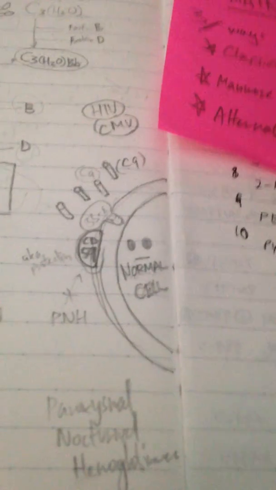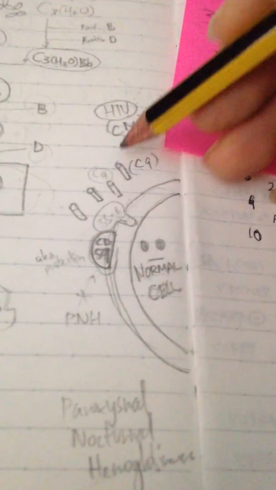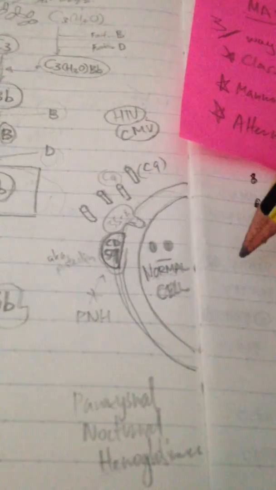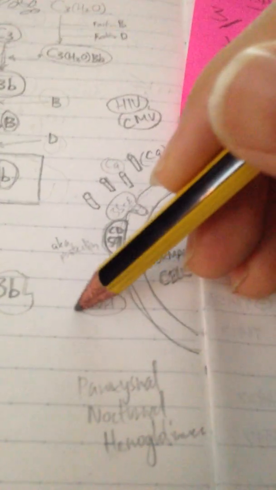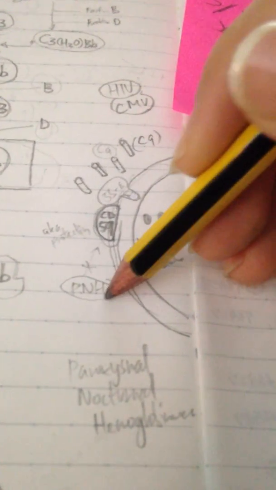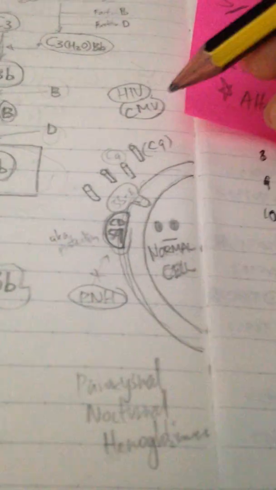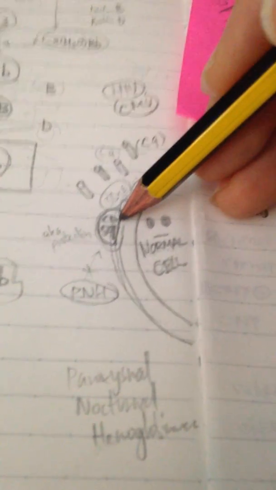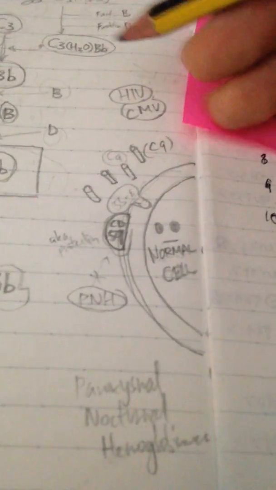Some viruses are very smart in the sense that they will incorporate CD59 into their own structure, like HIV and CMV. And once this thing is malfunctional, we have diseases such as paroxysmal nocturnal hemoglobinuria. Basically, because of the lack of CD59, we have the membrane attack complex on our own cells, and that's why we have some symptoms and signs of